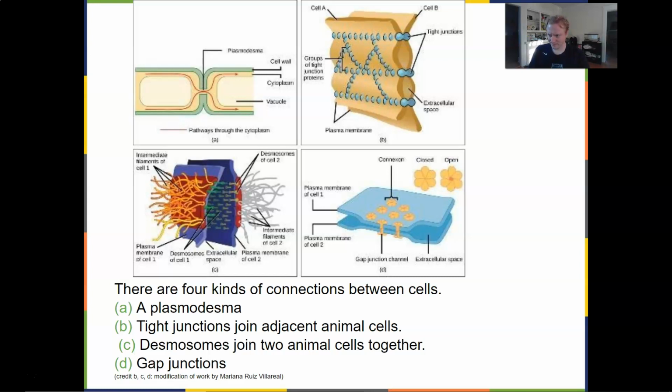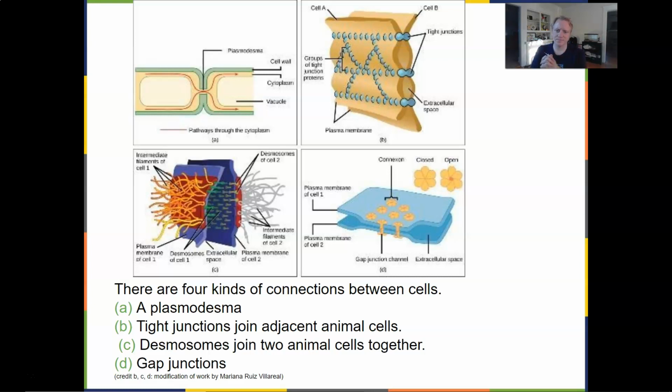Okay. We also have desmosomes, and desmosomes are going to be like 2 cells sort of being welded together so that they can form sheets that have the ability to be somewhat elastic. Okay, so you're going to see desmosomes on your skin, okay, or in your muscles. So it's going to form these sheets so that you're still able to move around, but those cells are going